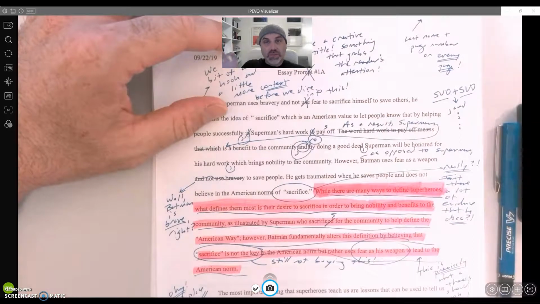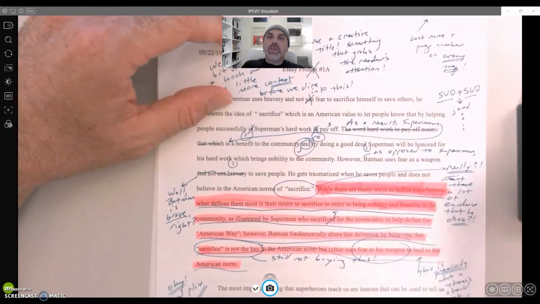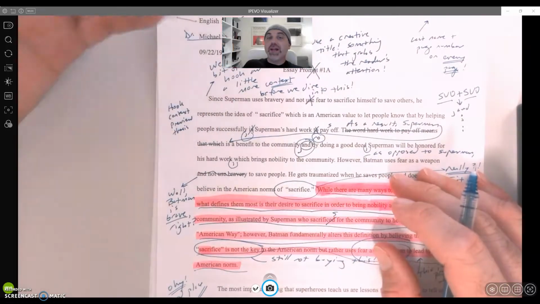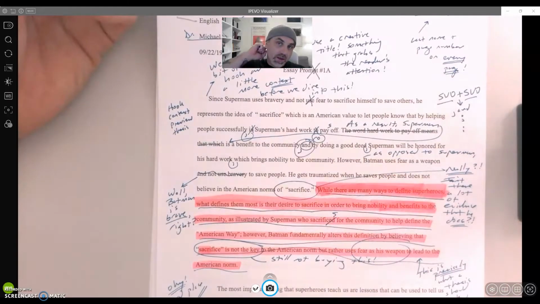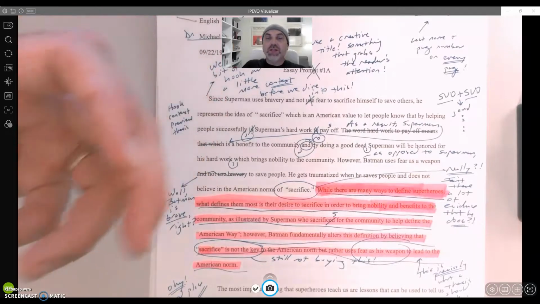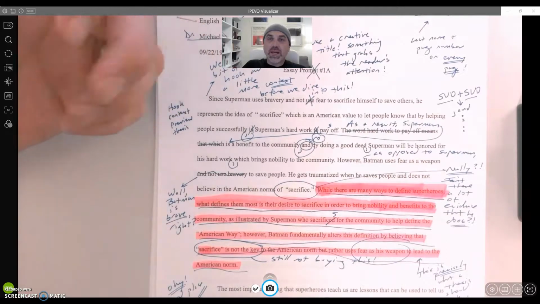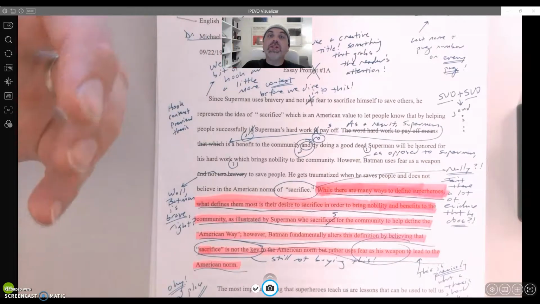Now I'm going to kind of introduce the context, the prompt. So I might say something like, not only is this true of the world we live in today, but it's also true of the world from the 1930s when the superhero was first invented. Folks wanted to believe that they could be hopeful, that they could face these really scary moments like the Great Depression and World War II. And so they used this really idealistic character like Superman to show that that hope would pay off, right? However, even in that particular moment, that was a little bit too naive, right?